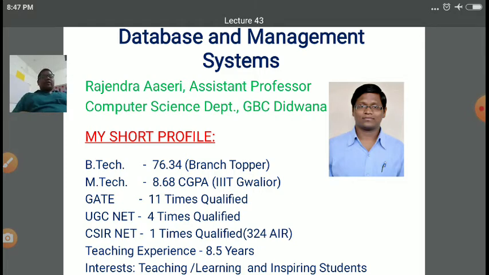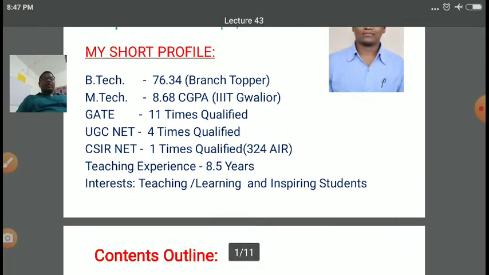In the previous class, we started the topic indexing and hashing, and in hashing, we covered the hash function and the properties of an ideal hash function, which should be uniform and random, and the bucket overflow and bucket underflow situations, how they occurred, and how to overcome these problems. So all these concepts we covered. Then some deficiencies in static hashing occurred, so to overcome them, we switched to dynamic hashing. In dynamic hashing, we started a new concept, extendable hash structure, and the implementation of that with the help of an example we already covered.